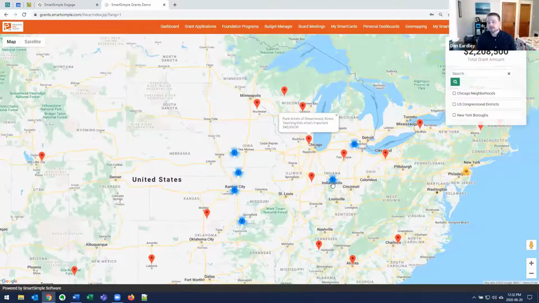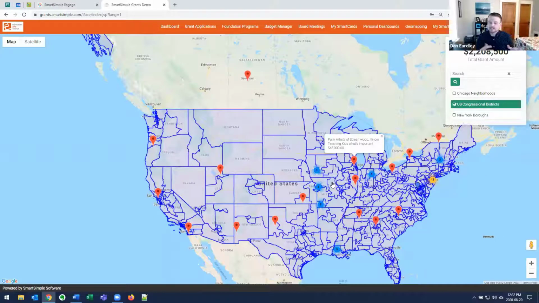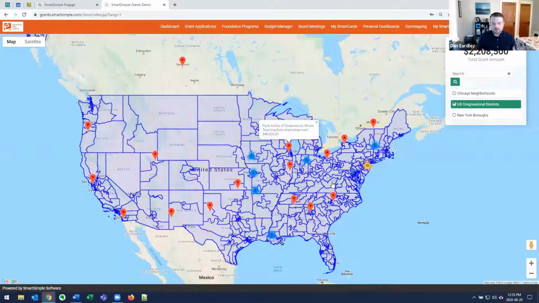Maybe you're more on the local level, so maybe you're within a city. Then maybe you want to see it based on the city neighborhoods or the wards within that environment, whatever that different structure may be. And this is something that you can utilize at a global level or at any different level. And these types of overlays are widely available. It's using a KML file, which is the common approach within the Google Maps environment. And so using this impact map, this is a way that you can show where those things are occurring, but also visualize it and display it for a variety of audiences. So that could be not only your internal stakeholders, your executive leadership or whoever it may be, but also you can present them publicly.